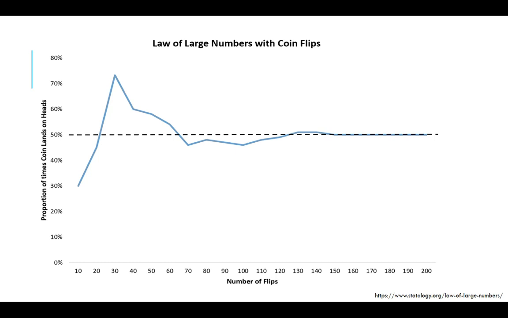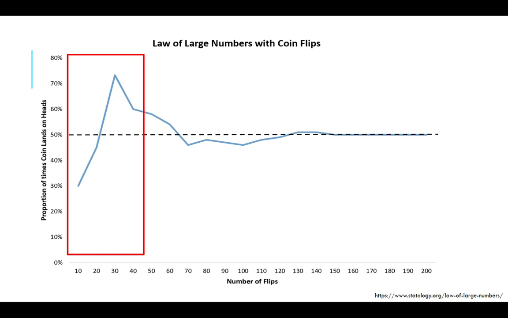Now remember, a fair coin should be 50-50, right? But that's not what it's going to look like when I take my sample. Let's focus on a small number of coin flips. When we have a small number of coin flips, we see, look, my first 10 flips, I've got only 30% landing on heads, which means 70% is on tails. Well, that's not right? Shouldn't it be 50-50? Well, then I keep flipping my coins and it goes all the way up to 70-something%. Now I've got 73%